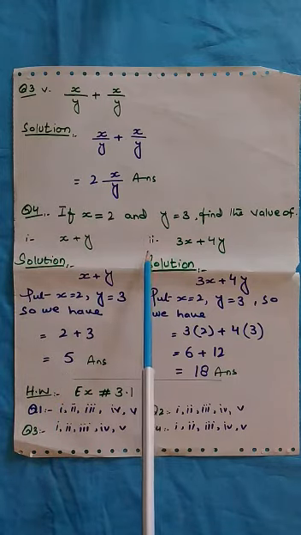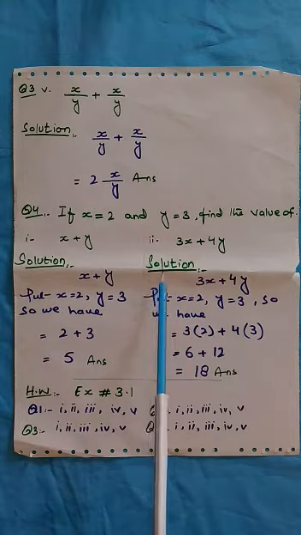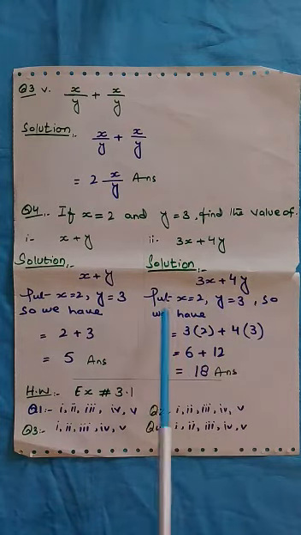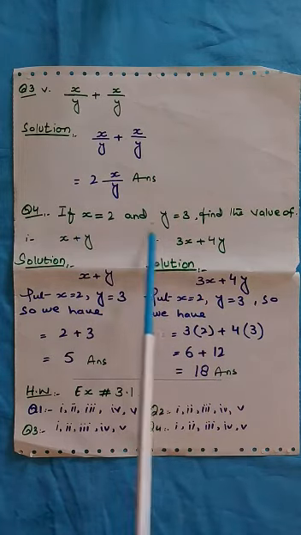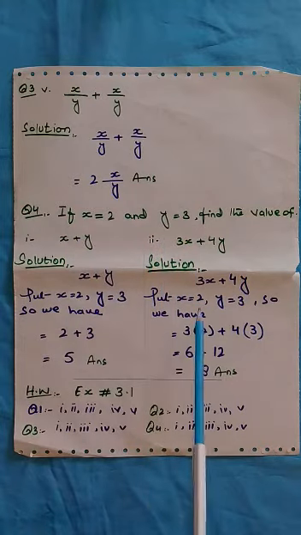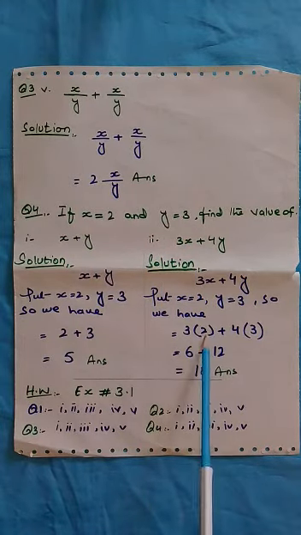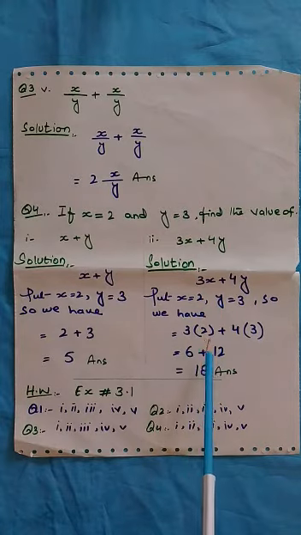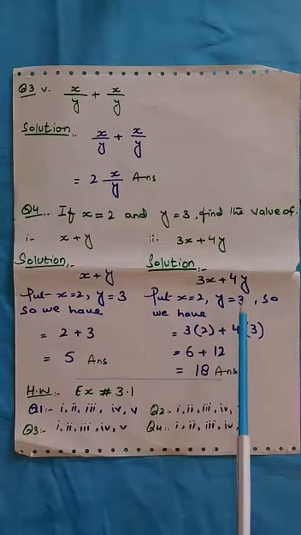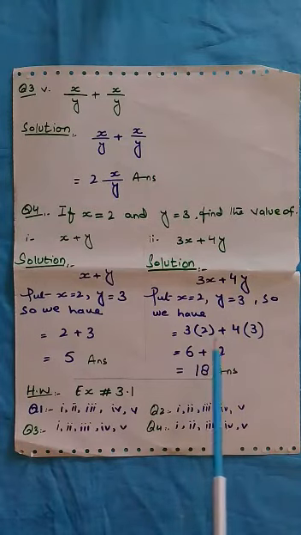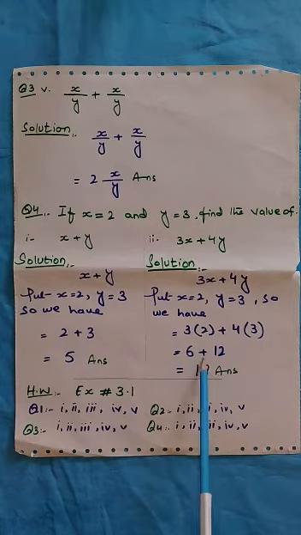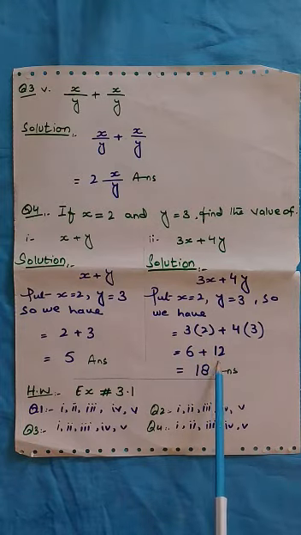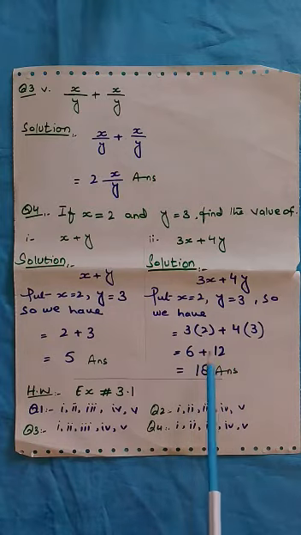Okay, now part 2. 3x plus 4y. Heading of solution, rewrite the question. Now put x is equal to 2 and y is equal to 3. It is given in your question. So we have 3 as it is, x. Here we will put the value of x, that is 2, plus 4 as it is, and the value of y is 3. These are multiplying. 3 multiplied by 2 is 6, plus 4 multiplied by 3 is equal to 12. Now we have 6 plus 12. So 6 plus 12 is equal to 18.